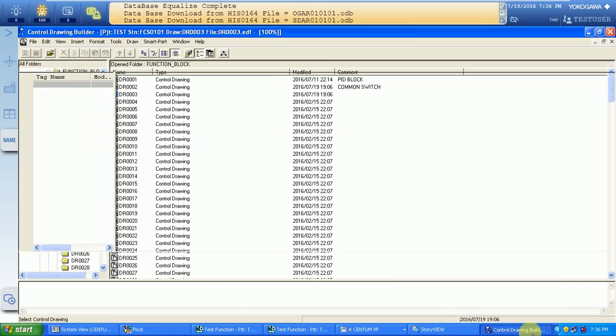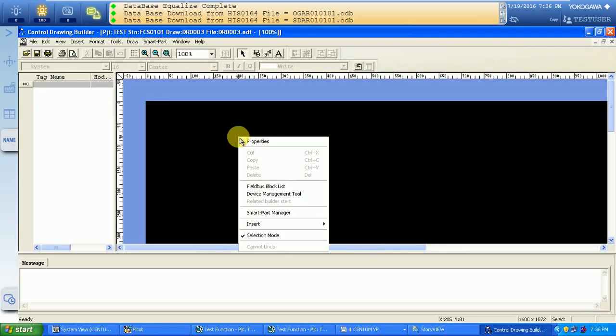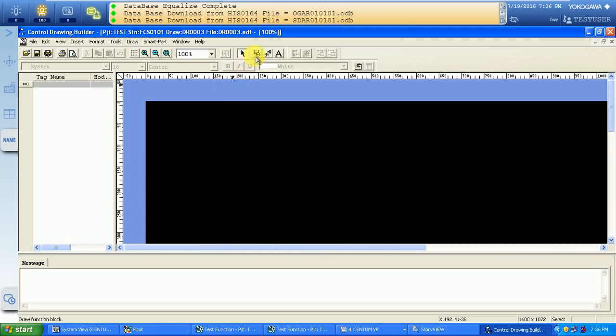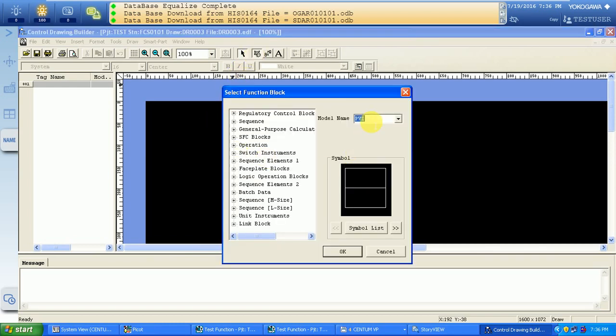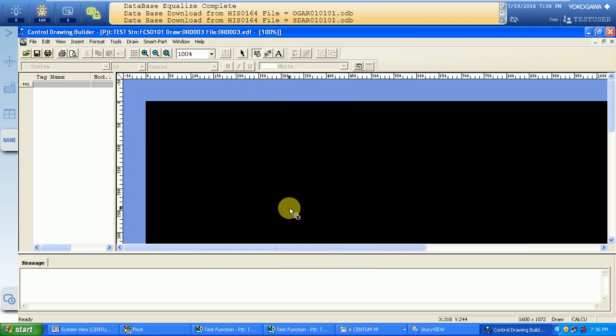I need only one block, that's a CalcuBlock. I just put the name GCalcu1, because I need to create one more block in the second, and edit the detail.